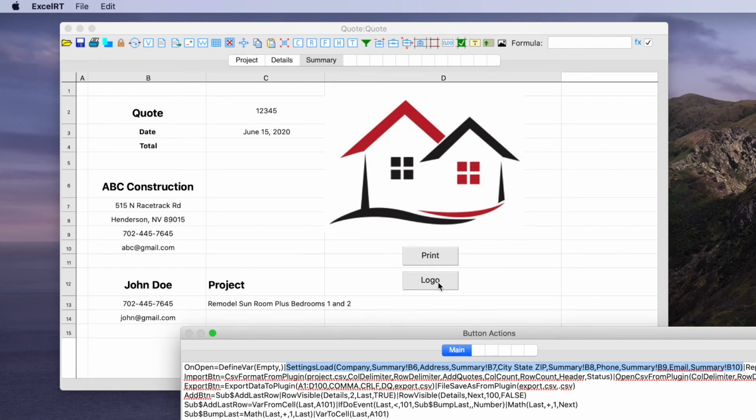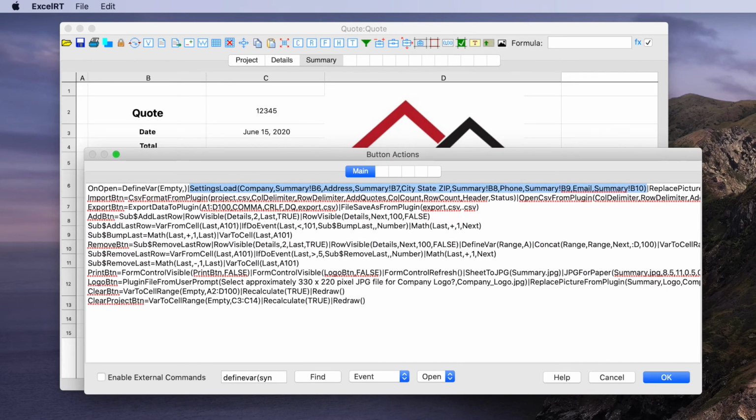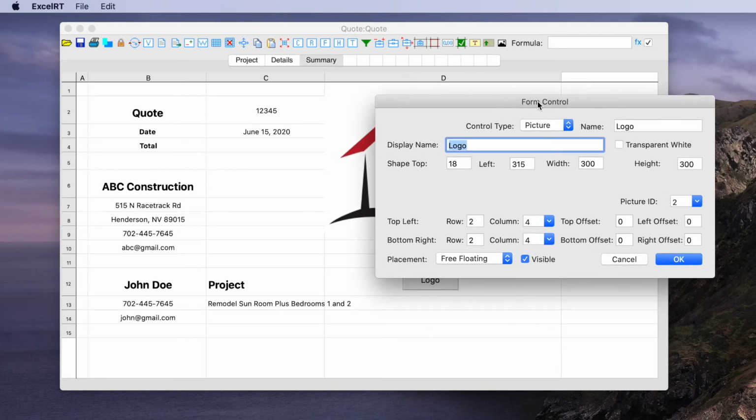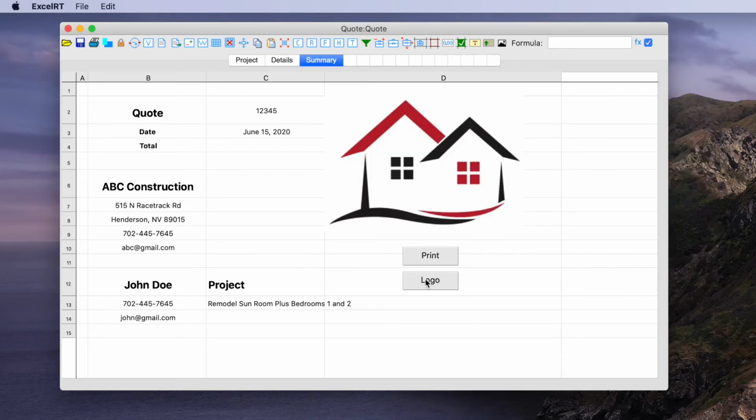Let's examine how this logo button works. First, if we look at the tool that was actually used to create this picture, it's a type of control, a picture control. And if we examine the properties of this, we see the control is named logo, and we have the position on the screen and the size and everything. If we look back at the script that runs when this logo button is clicked,